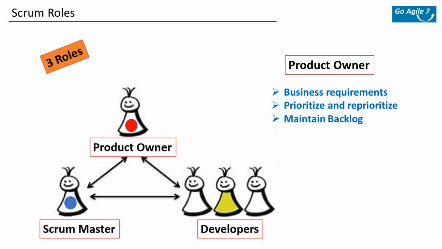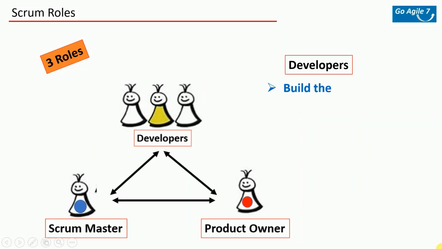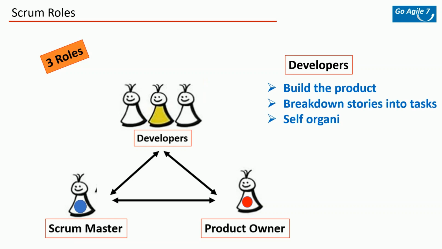So when the team starts working on the development, the PO or product owner should provide all guidance and answer any questions related to what the team is building. And the third role is developers. Of course, they are responsible to actually build the product. They should be clear about the requirements, understand them well, and be able to quickly do the necessary breakdown of stories into tasks and so on. As we continue, we are using a number of new terms such as features, stories, tasks, product managers and so on. So we will discuss all of them again, so don't worry much about it right now.